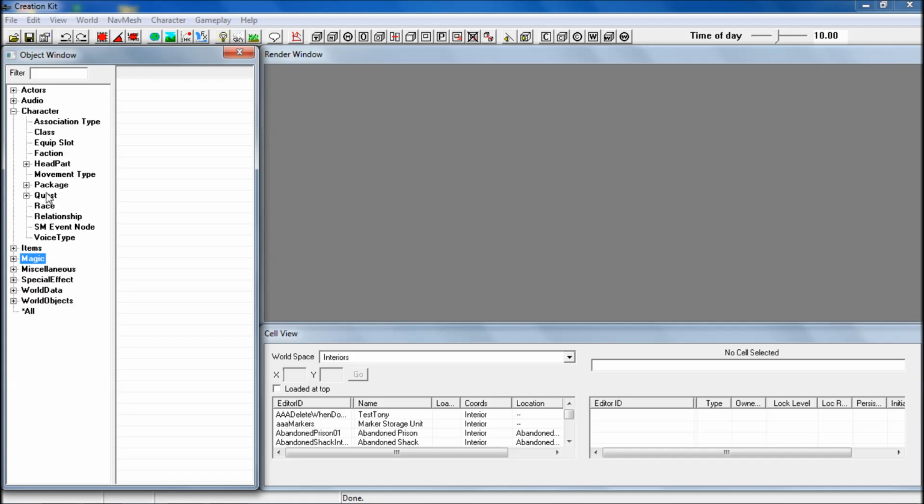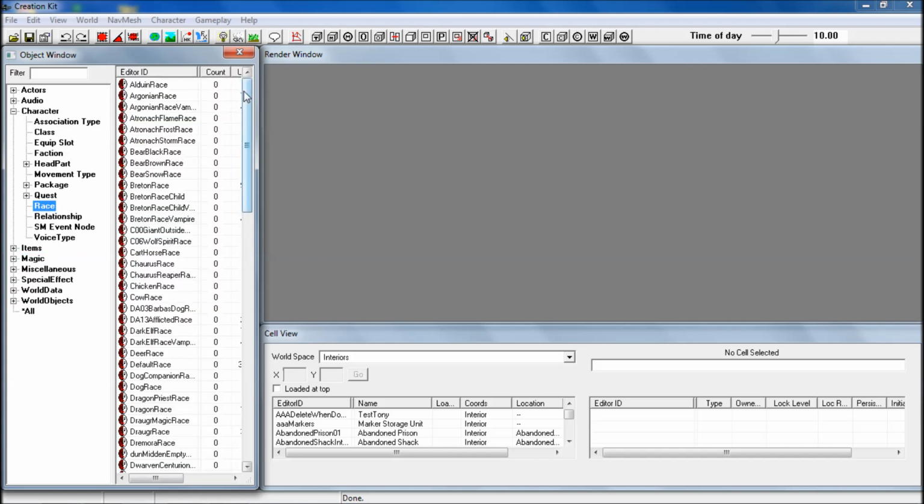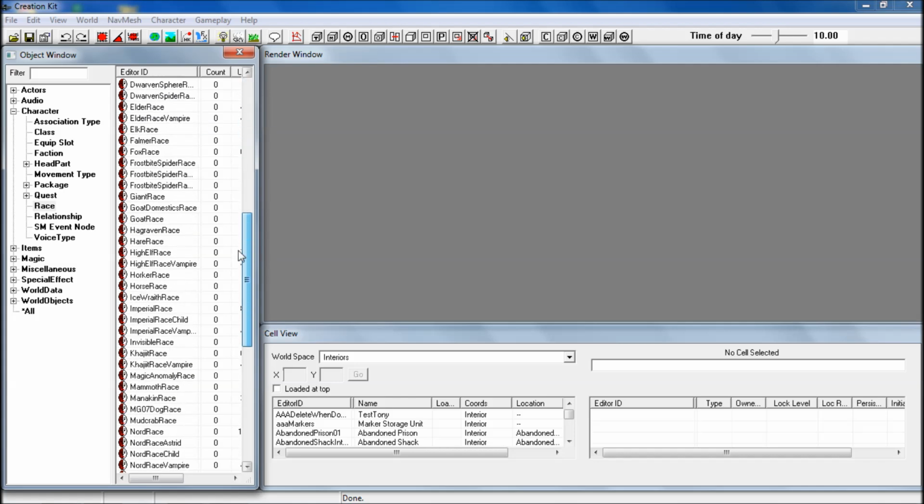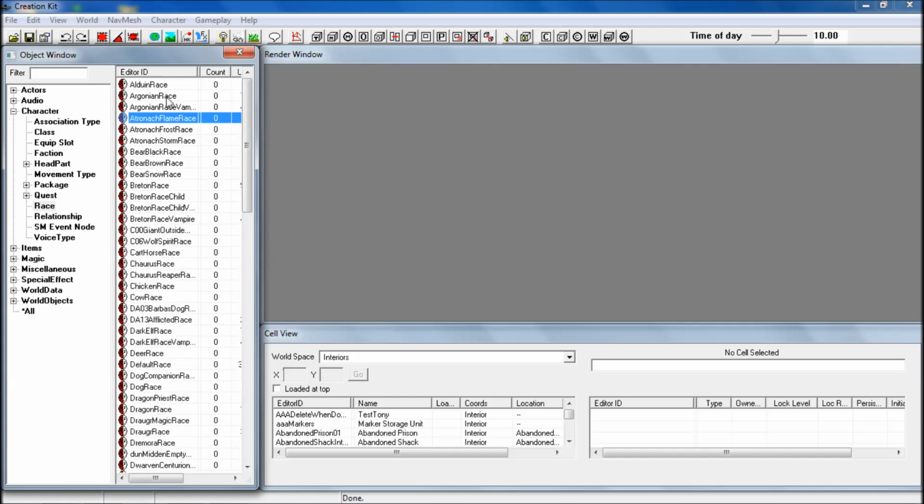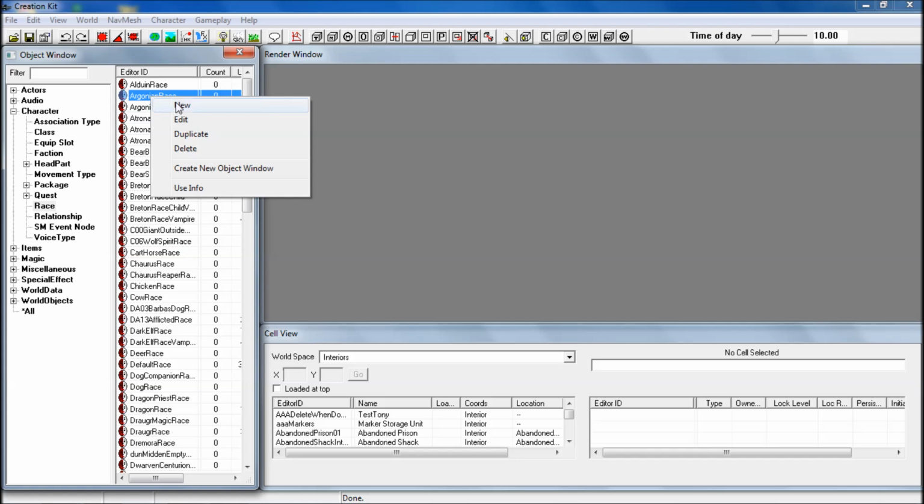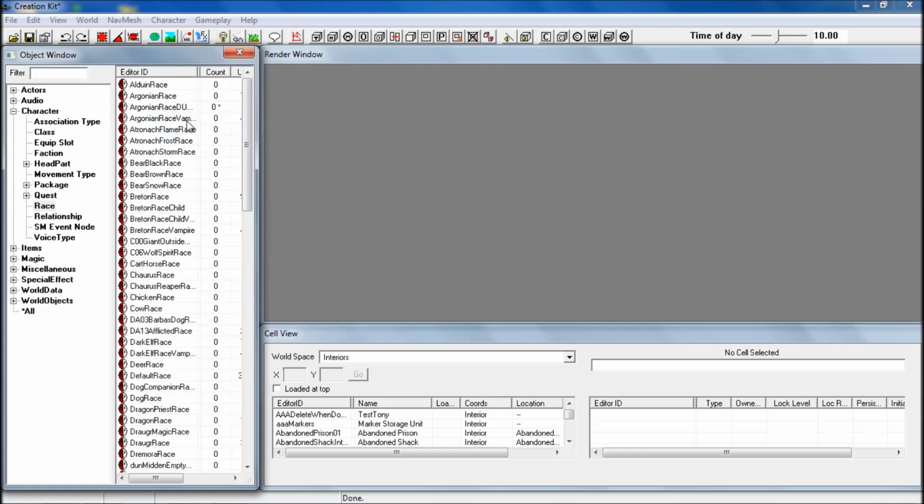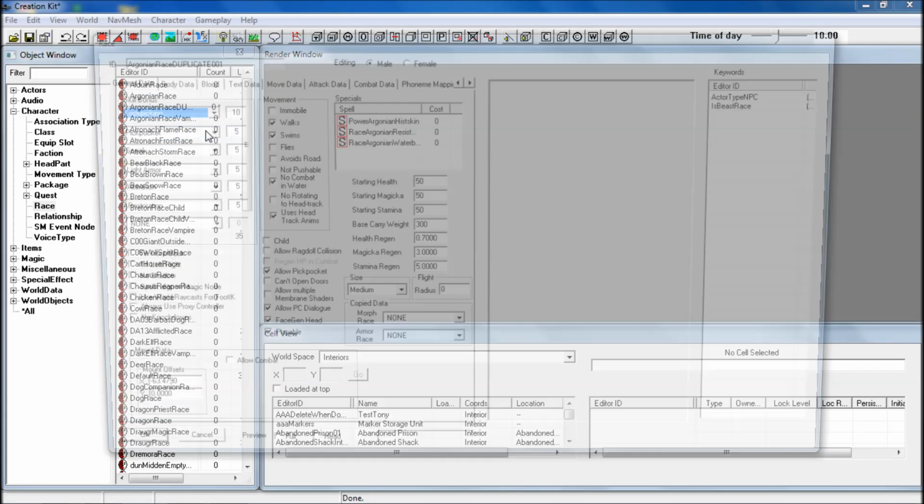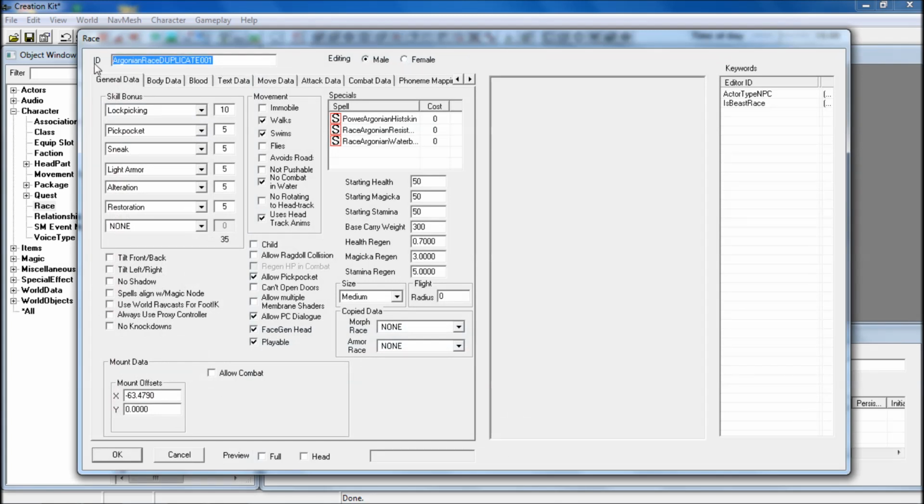Character. It should be in Character. Yes, there it is. Character and Race, and these are all the races in the game. You'll see there's Argonian, there's Atronach Flame, Atronach Frost, Bear, etc. We're just going to make a custom Argonian race, so I'm just going to duplicate this, and then come in here and edit. And we'll just do Argonian custom test,